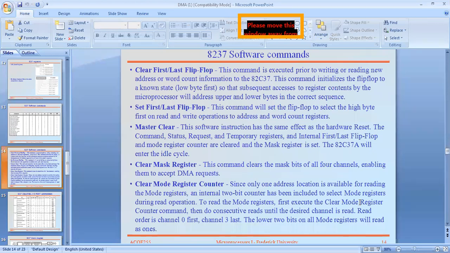How is that possible? It is possible only with the asynchronous inputs of the flip flop. Here the asynchronous inputs are set and clear, which is why it is always mentioned as clear first or last flip flop, and always discussed within the flip flop.